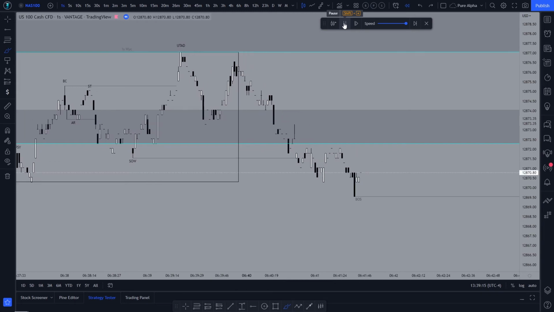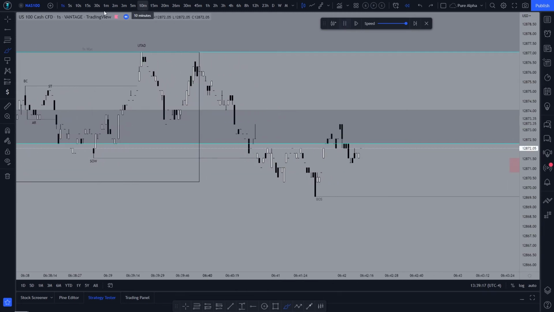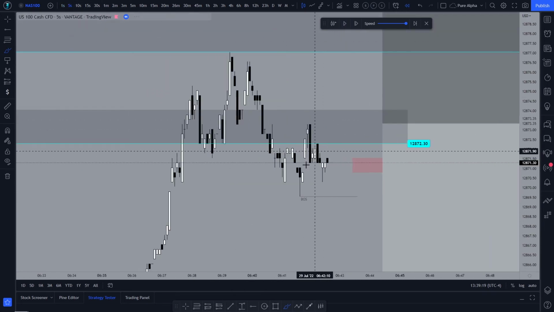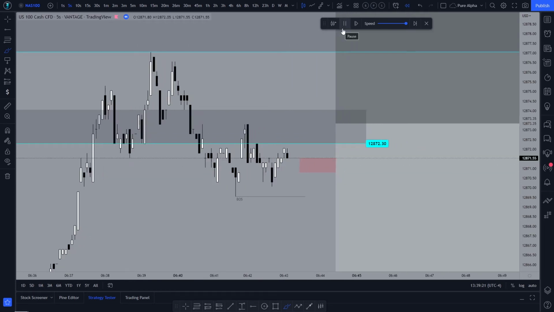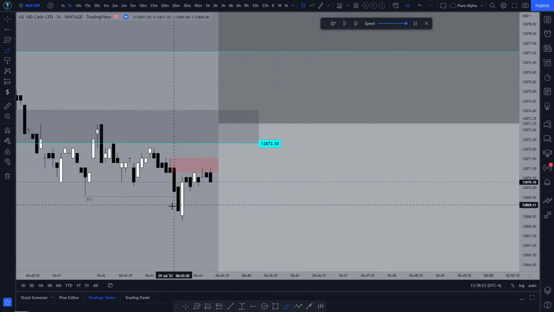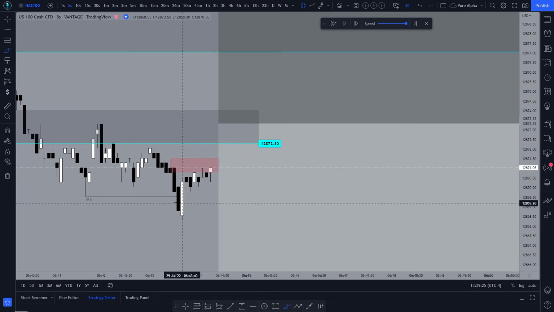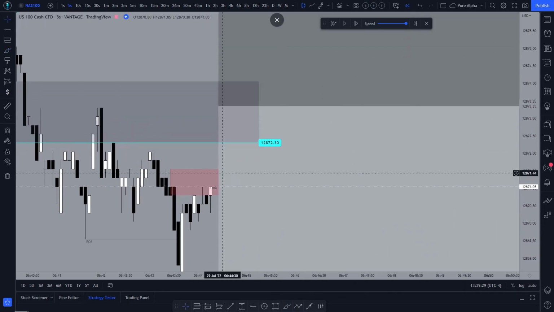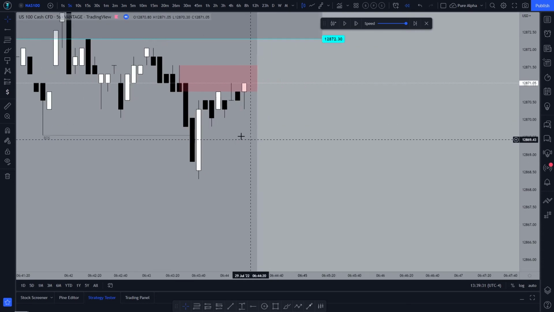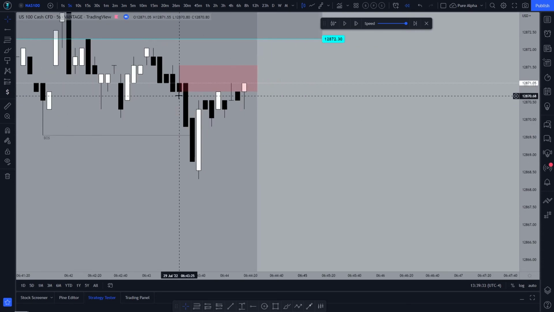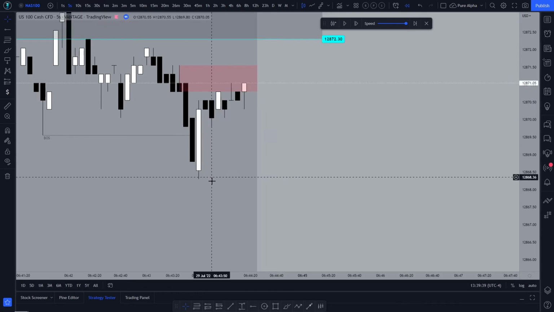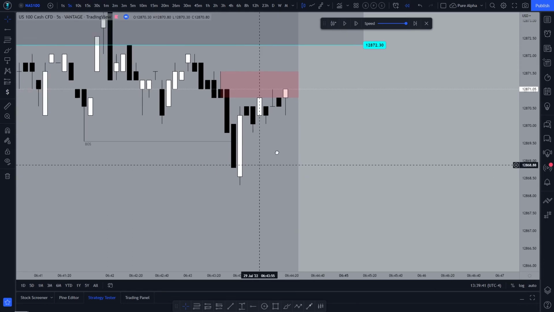Okay, sign of weakness just got broken, and we're starting to look to get involved. Let's check this out on a 5-second time frame. Now, notice how price just broke beneath the structural level here as well, and I actually found a nice little level of supply that I'm looking to short from. Now, you're going to hear me call this supply just because it's not necessarily the last up move before the down move, but this is still overall a POI that we'd be looking to go from.